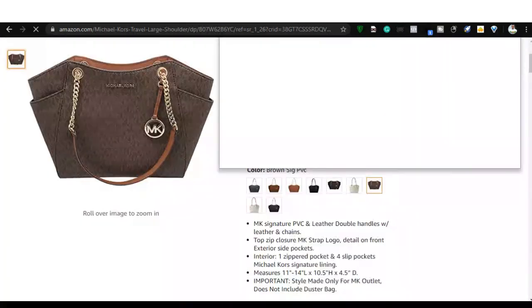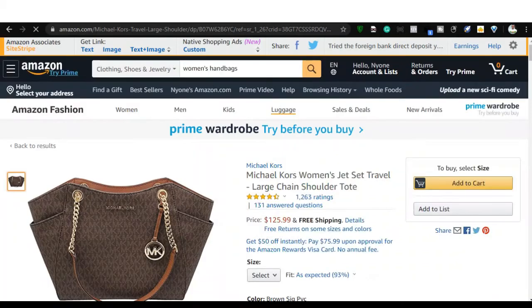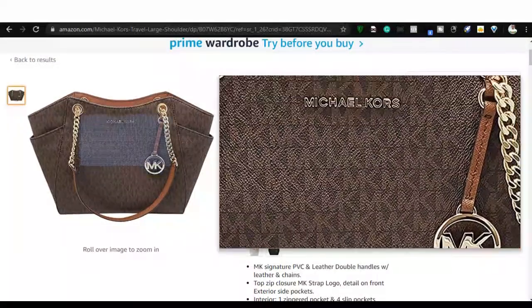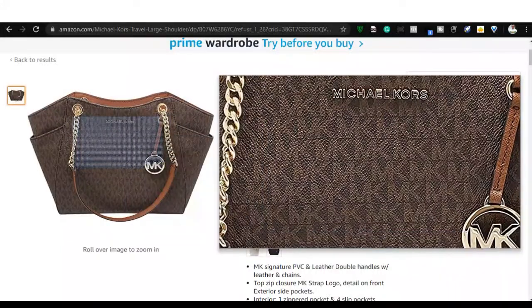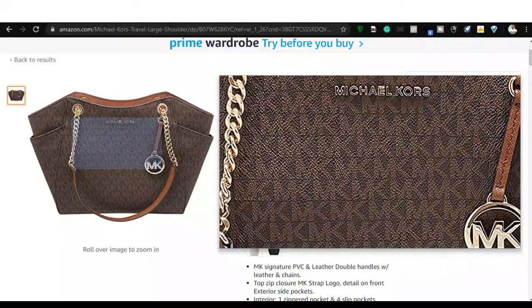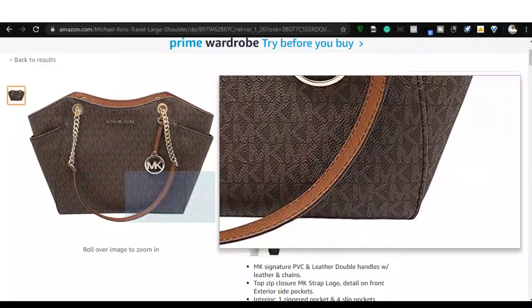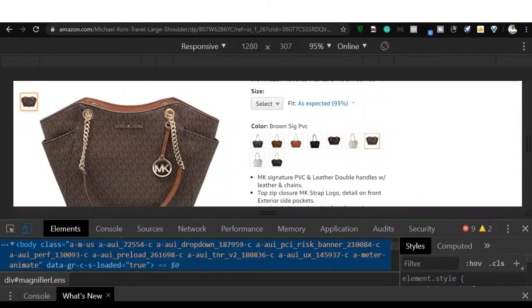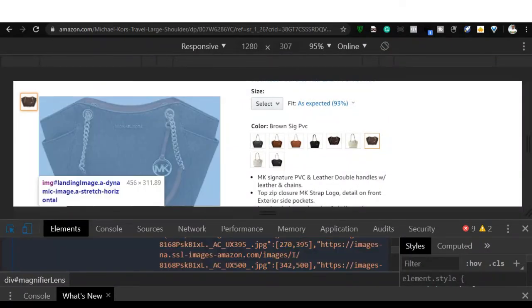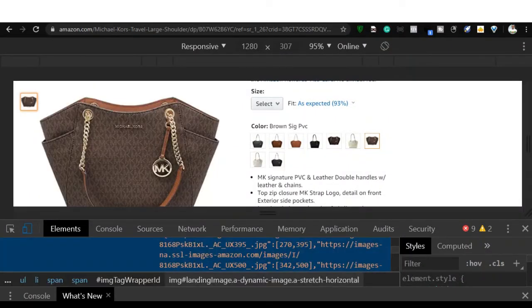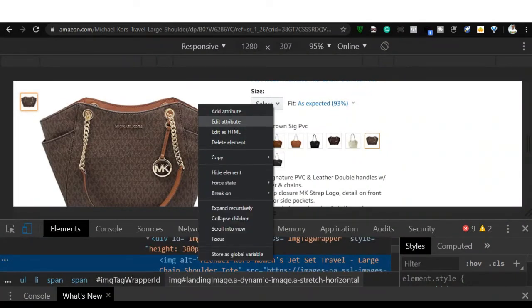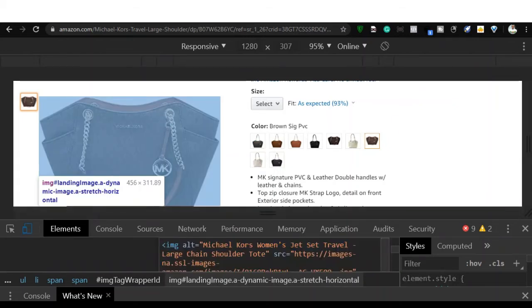Okay, let's get this on our shop. So to get this on our shop, I'm going to show you, you can either get this picture. If you click on it, it's going to be difficult to download or to save it. So I will right click and go to inspect. Okay, so I'll use my cursor and click on the image. So this is actually the image. So if I right click on the image and edit as HTML, I can copy this image, or I